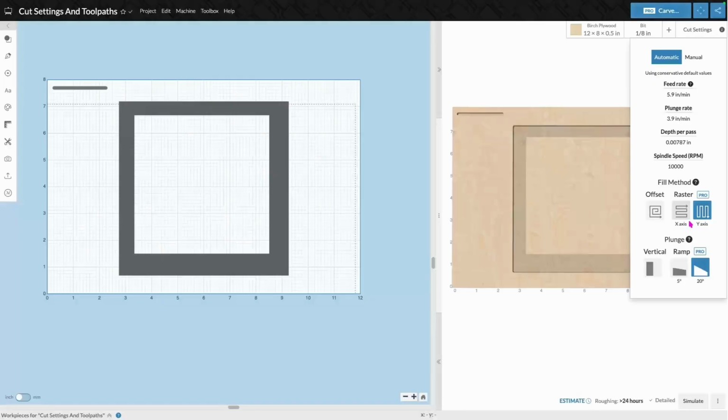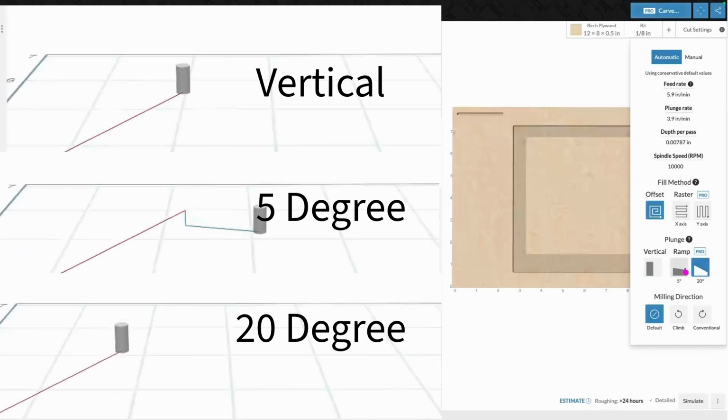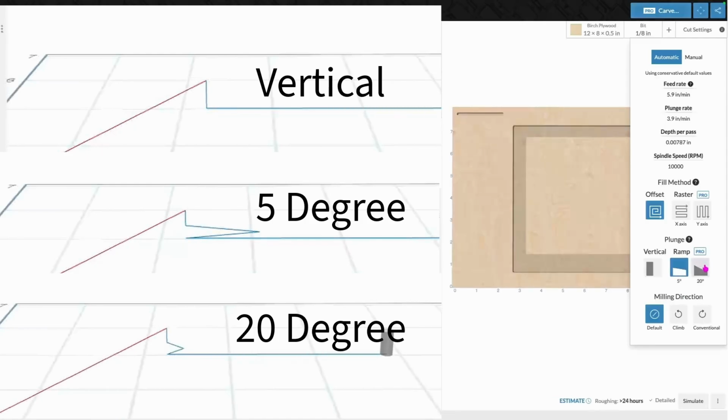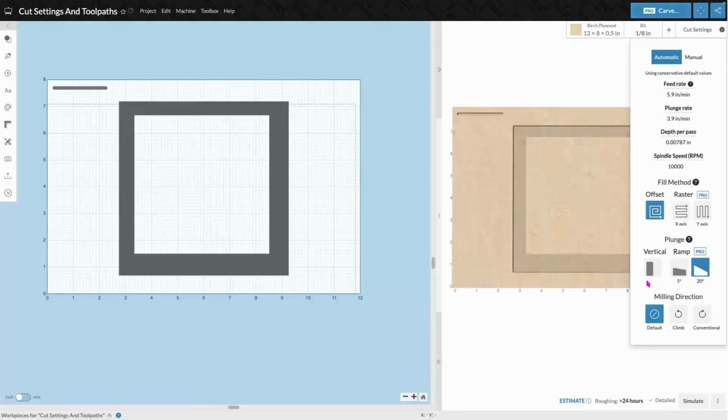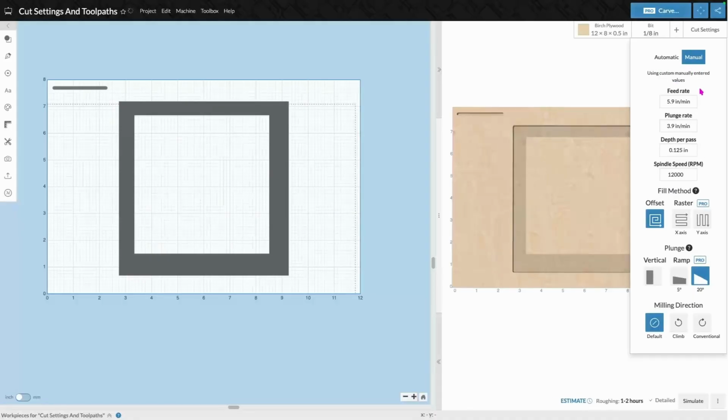pattern. Below the fill method options is plunge. Plunge determines the angle at which the bit eases into a cut. This can help with bit wear. Generally, you want to use shallow angles for harder material and steep angles for softer ones. Finally, you have milling direction. This setting determines the direction your spindle spins. On new Easel projects, the cut settings are set to automatic. You can manually set your cut settings by clicking on the manual option next to the automatic in the cut